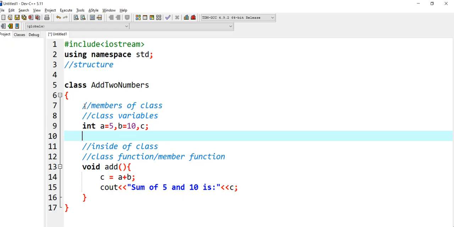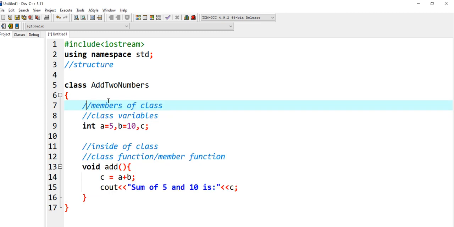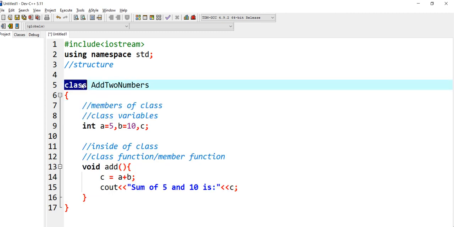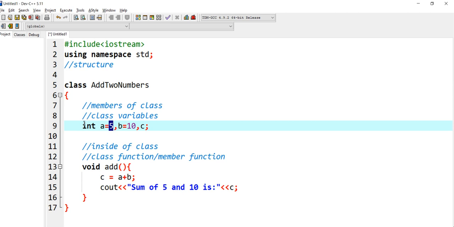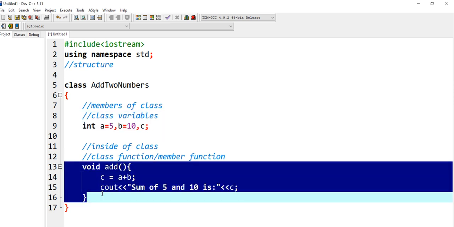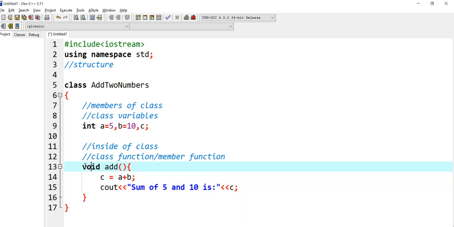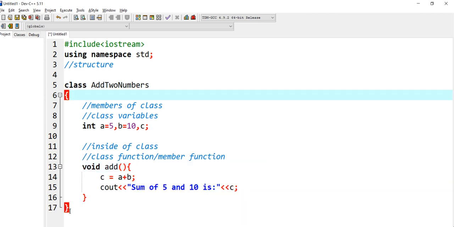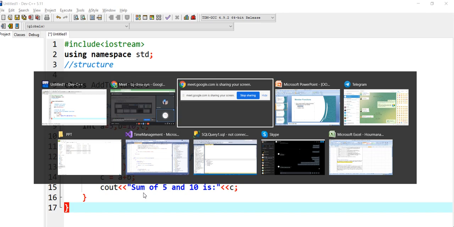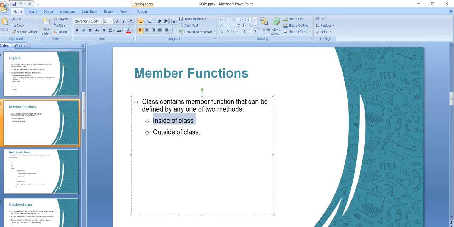So these combined will be termed members of the class, right? This is our class and the class name is add two numbers because I want to add two numbers 5 and 10. These are our class variables and this is our class function. We discussed in our last class that I can have a function inside a class as well as outside a class.